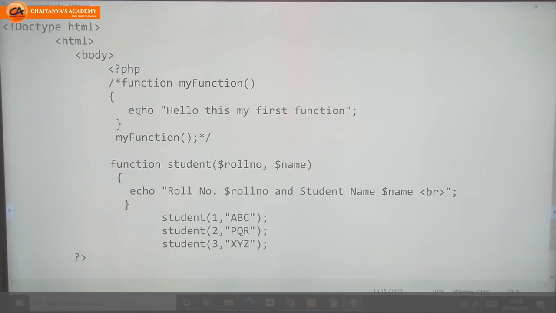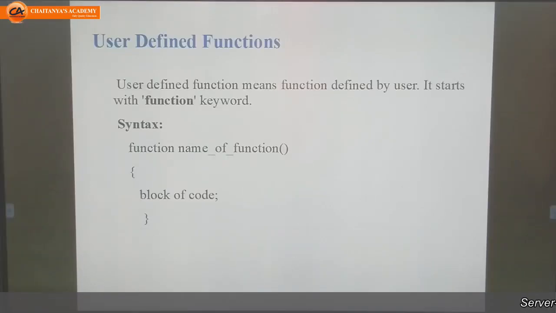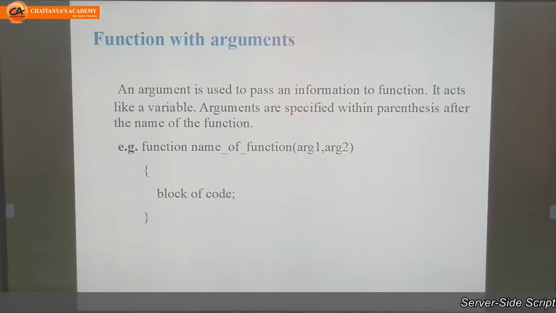Function with arguments: an argument is used to pass information to a function. It acts like a variable, and arguments are specified within parentheses after the name of the function.